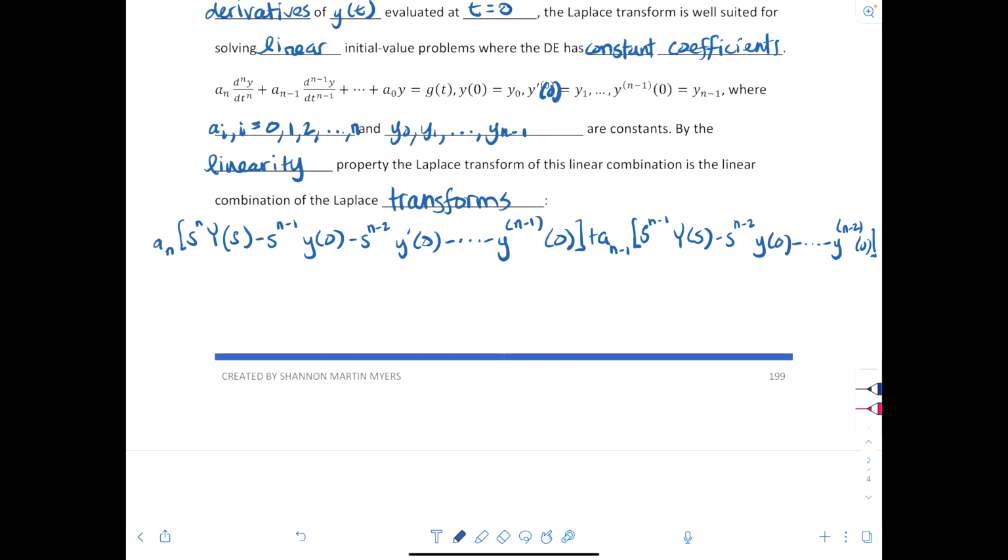And then you'd keep going on like that, plus dot, dot, dot, plus, until you got to a0 times capital Y at s is equal to capital G at s,